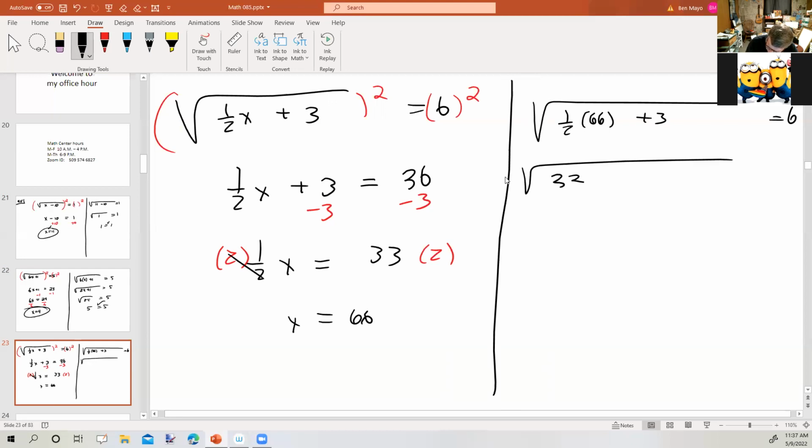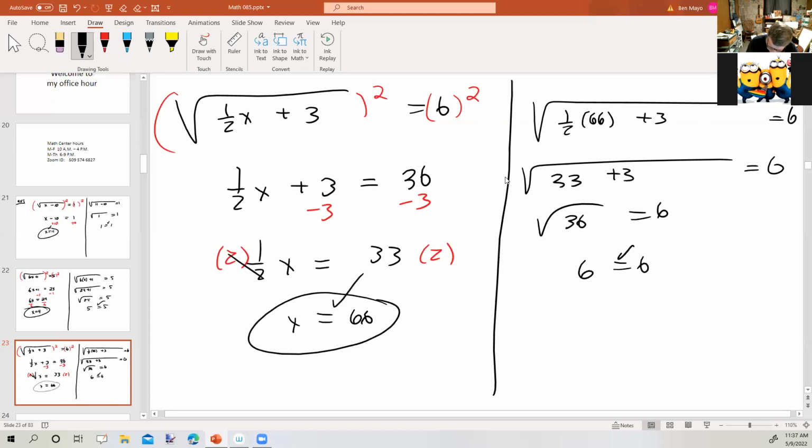66 times 1/2 is 33. 33 plus 3, the square root, equals 6. Square root of 36 equals 6. 6 equals 6. The solution checks. All right, now